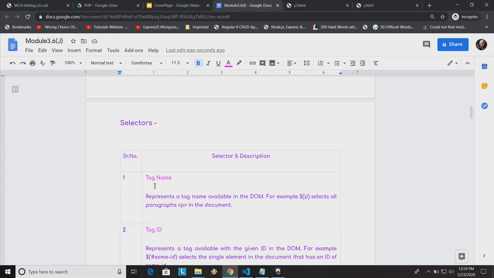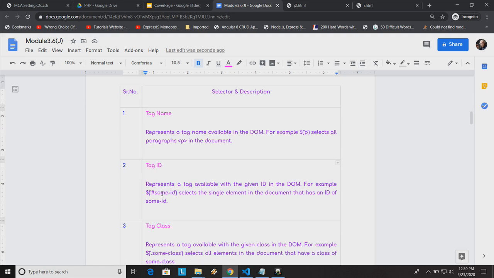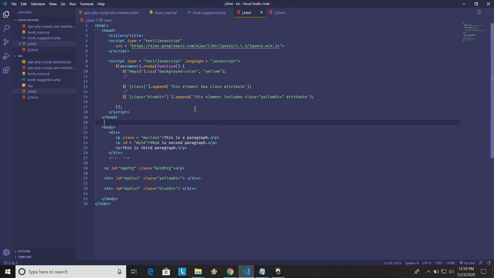Moving on further, this is selectors, which I explained just now. Tag name directly with the HTML tag, ID, that is the hash symbol or the pound sign, and class, the dot class. So to demonstrate with an example,